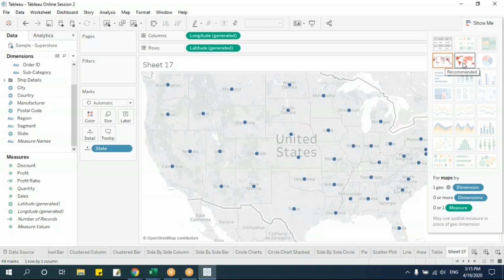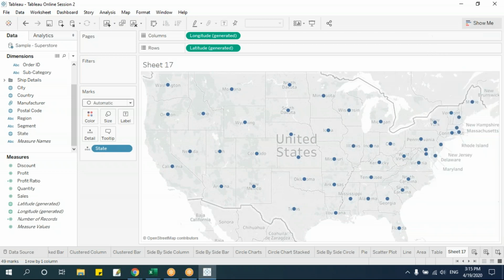In maps, we have two different types. One is the symbol maps, the other one is the filled maps. The symbol maps are this one, where I can see the symbols here. Depending on the values I drag and drop, these symbols will change. Say, for example, I'll take this sales and put it in this color. See,